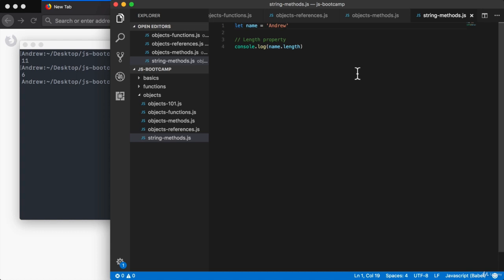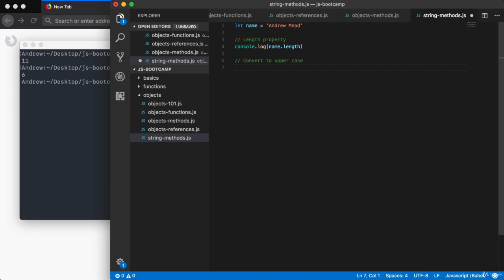Now that we've seen one of the properties, let's explore one of the methods. Down below, I am going to add name back on, and we're going to figure out how we can convert all of the characters in our string to uppercase. To do this, we use a method right here, convert to uppercase. I'll show you where the documentation lives for all of this in just a second, but down below,